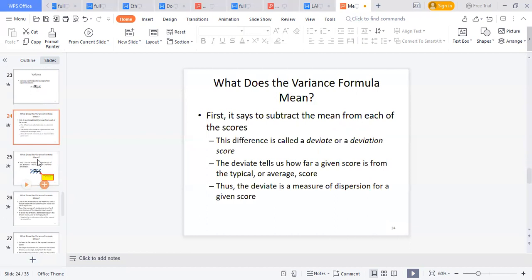First, it says to subtract the mean from each of the scores. So this difference is called a deviate or a deviation score. So for example, if we have got 2, 2, 2, 5, and 15, we add them and then we divide by the number of items, which is 5. So the value we find is the mean. So the difference, it says, is to subtract the mean from each